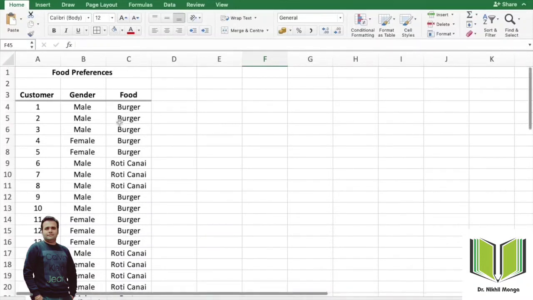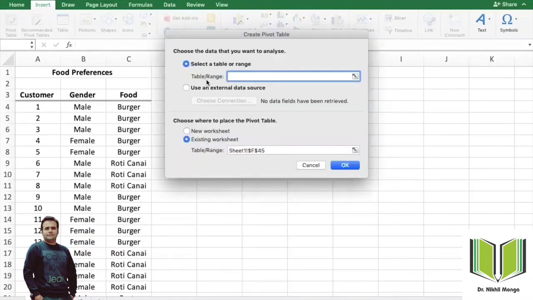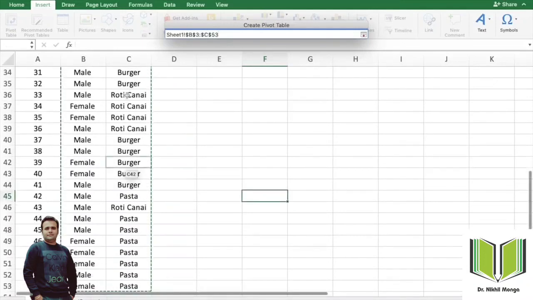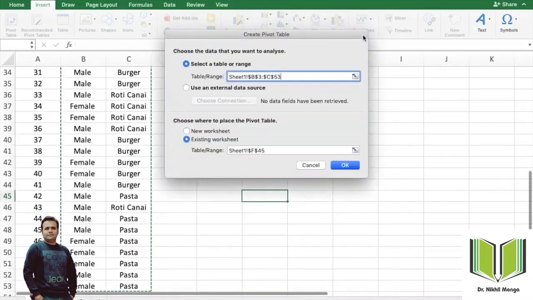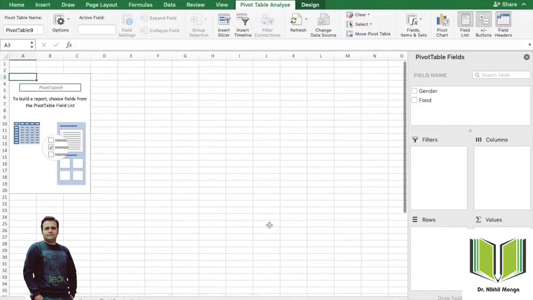So how I'll make the pivot table, you can see on the screen in the Excel sheet. Click on Insert. When you click on Insert, you will get the option of pivot table. So you need to click on the pivot table, right. There you can see the table range. You need to select the range, right. So this is how you can select the gender and the food preference. So I select the complete range and I click on new worksheet, so that it will be created in a new worksheet, right. Now you can see that the pivot table will appear in a new worksheet.